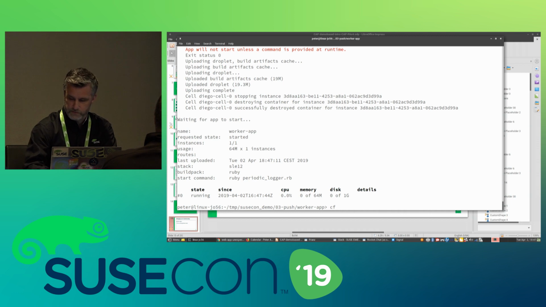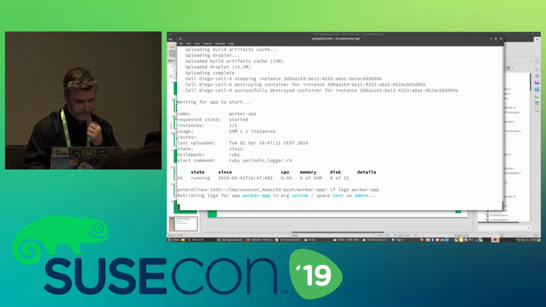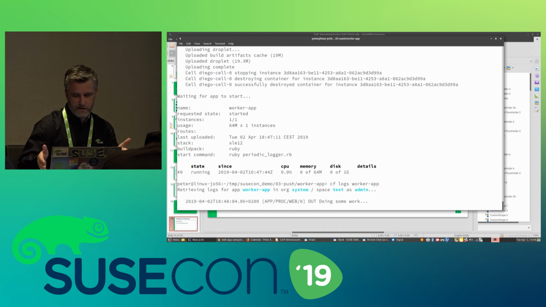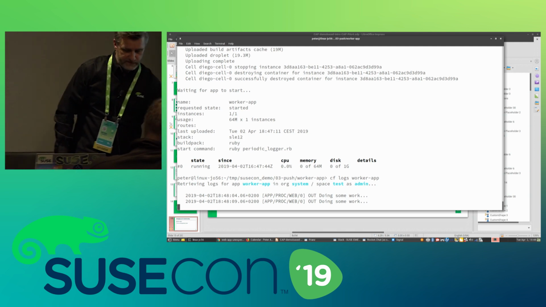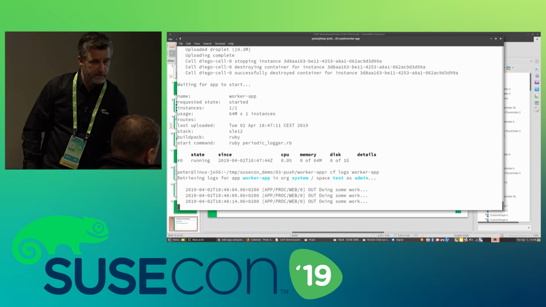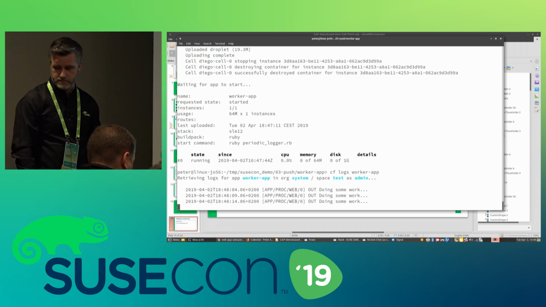So first I'm going to have a look at the logs. This is something I can do from my development laptop or whatever you're using. As you can see here, the application itself is just pushing out some text to standard output.